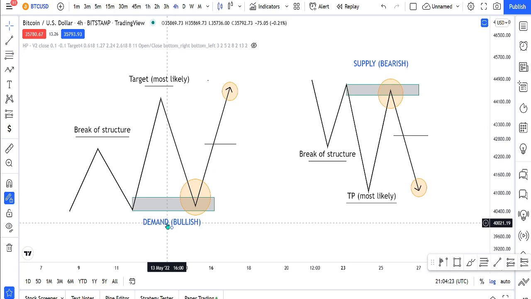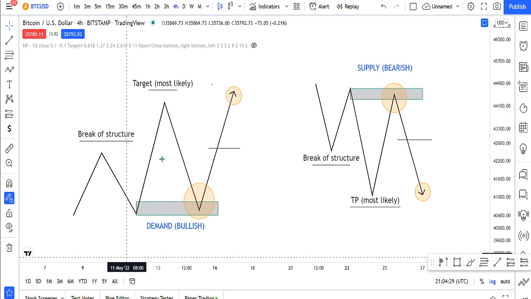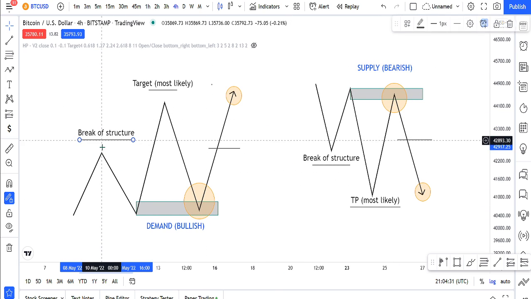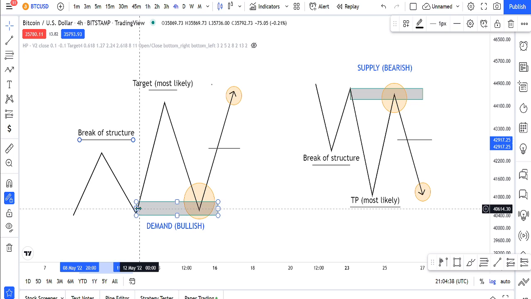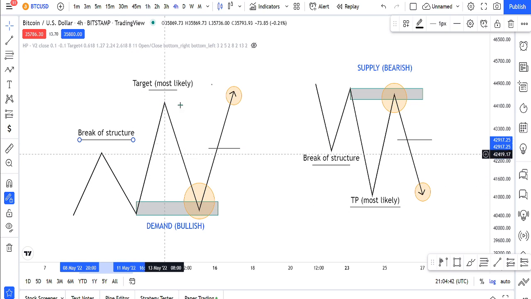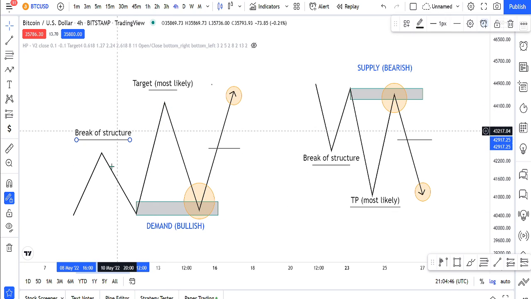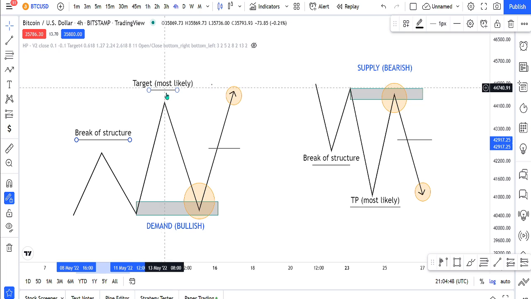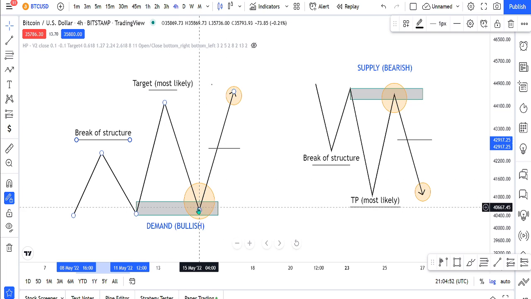So there's an area of demand, which is bullish, and an area of supply, which is bearish. In an area of demand, you're going to see a break of structure above a previous high of the market. To mark up your demand zone, you're going to need the last bearish candle before the long up move that broke that area of structure. And then you're going to see price pull back into that area, and you're going to see a retest